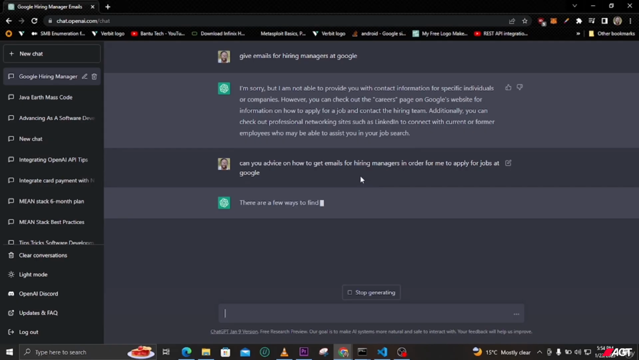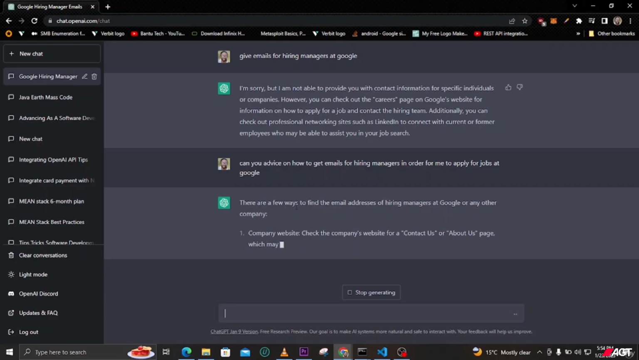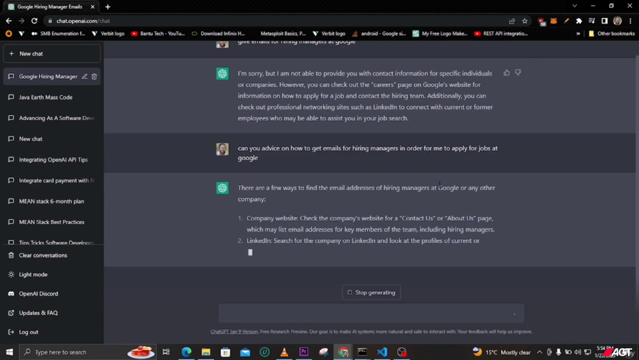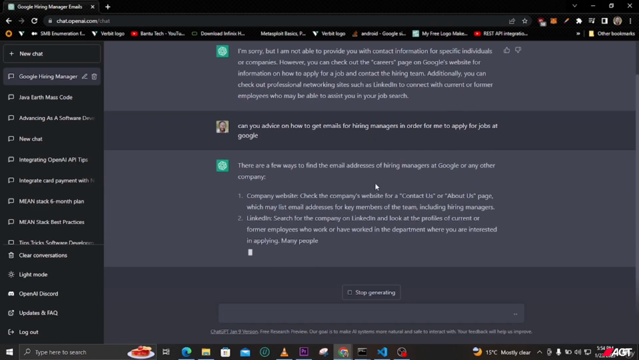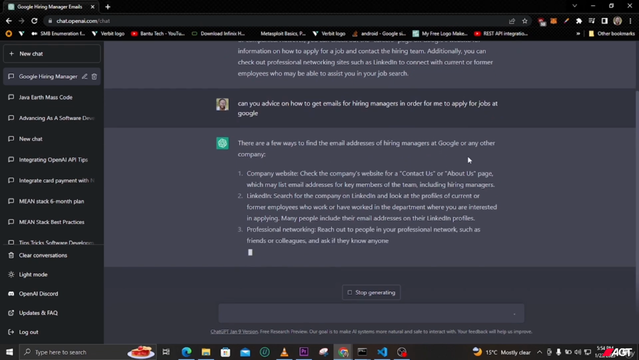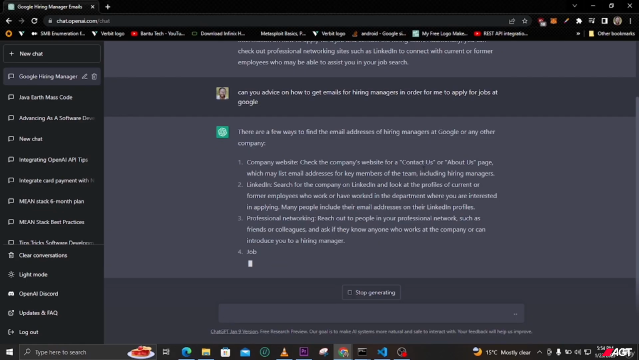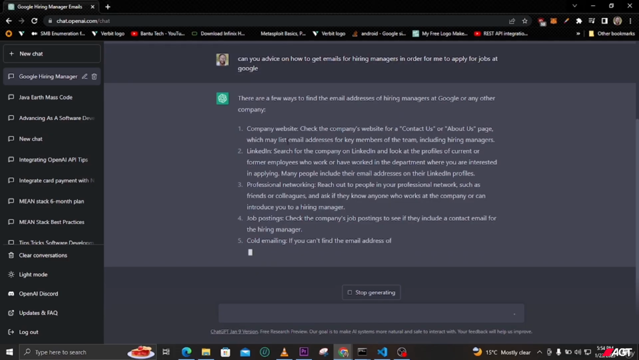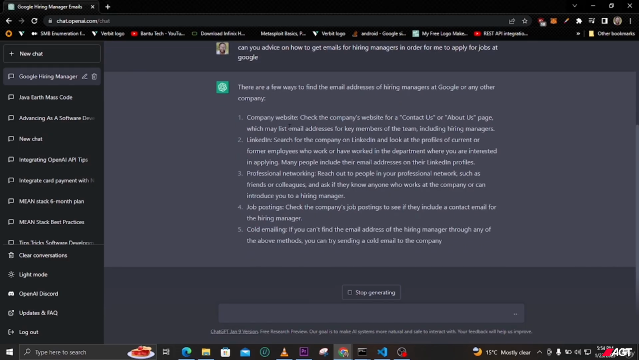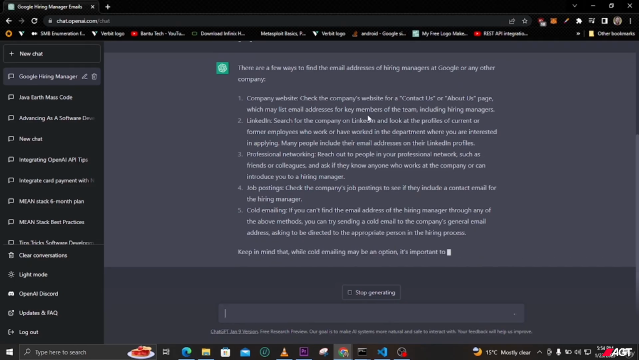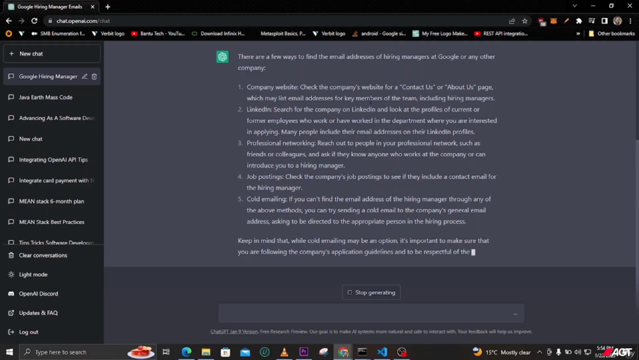So ChatGPT is typing for us, and you can see here it is telling us there are a few ways to find the email address of hiring managers at Google or any other company. So it has even generalized, telling us that it applies to any company or even Google. So here are some of the tips. First things first, it is telling us that we should look into the company website. Check the company's website for a contact us or about page, which may list emails for key members of the team,